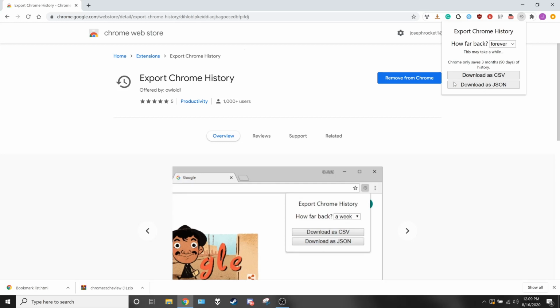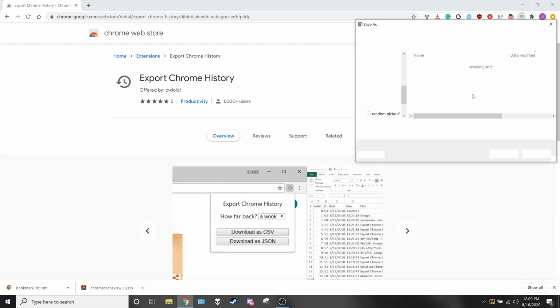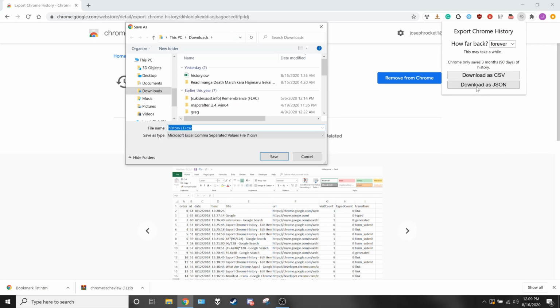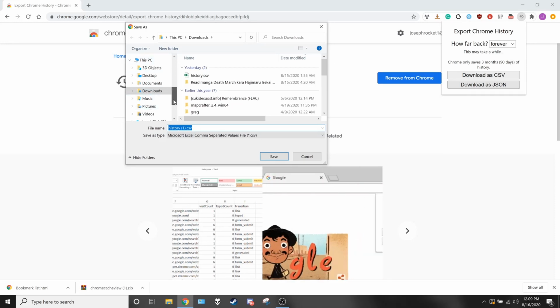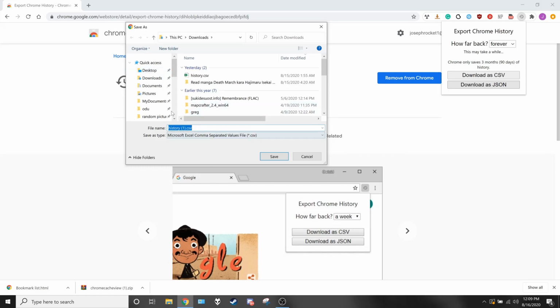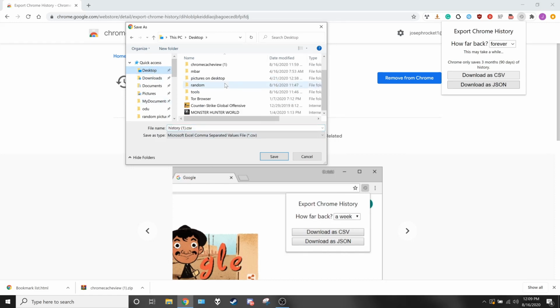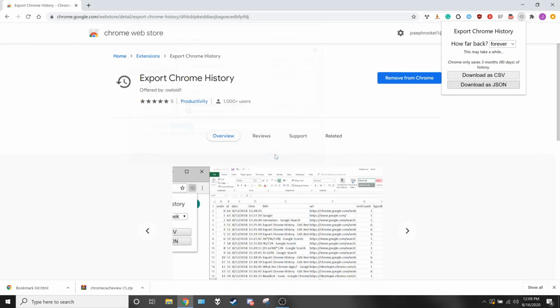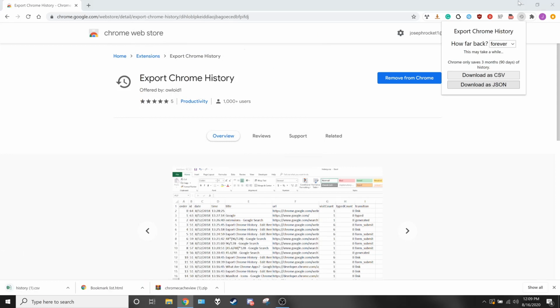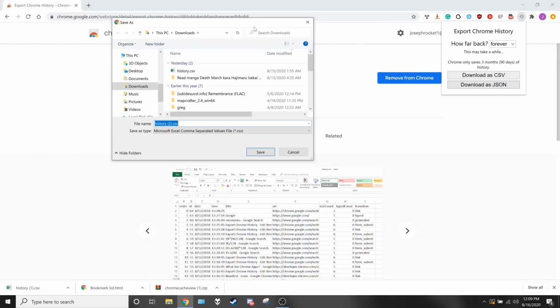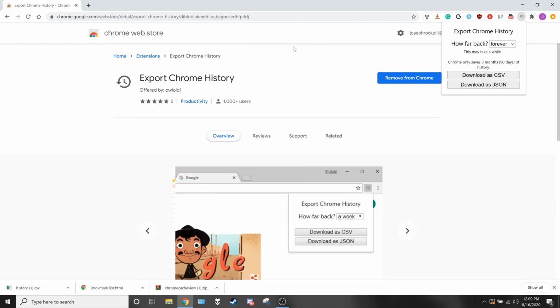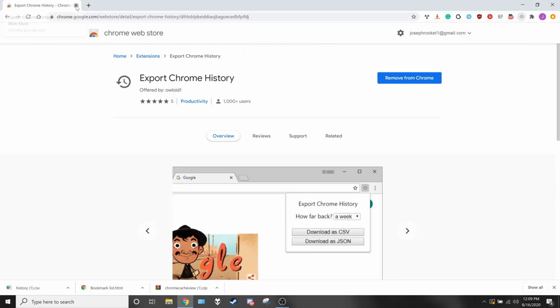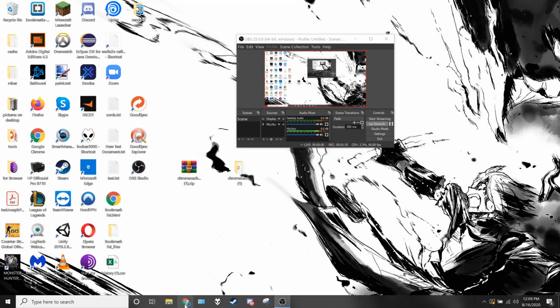It's lagging, but it'll eventually do it. There you go. You can also download as a JSON. It'll work both ways. So I already have this downloaded, but I'll download it again. I'll throw it on my desktop. And it's downloading twice. So now that you have that,